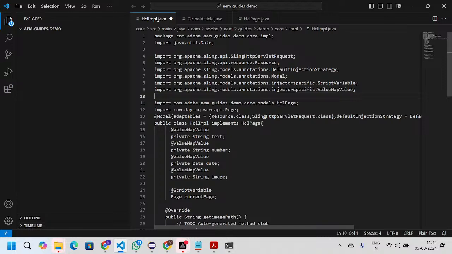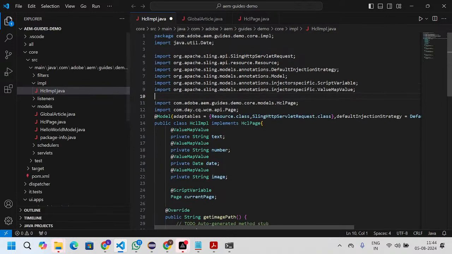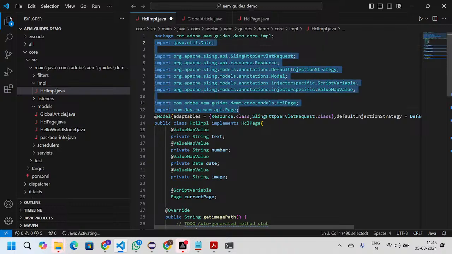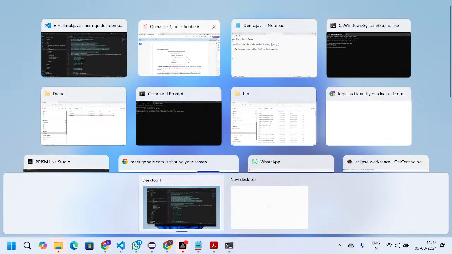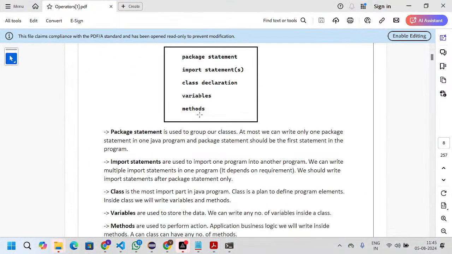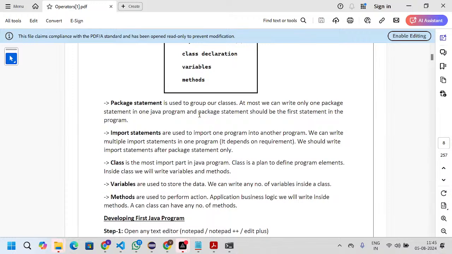If I take some other program, you can see the package statement, meaning the exact folder location of the file, like com.adobe.aim-guides.demo.code.imp. After this, we have the multiple import statements. Based on the requirement, we can take n number of import statements.